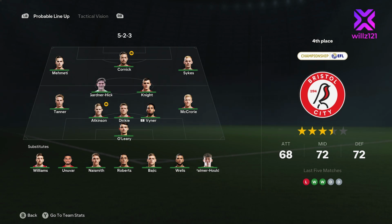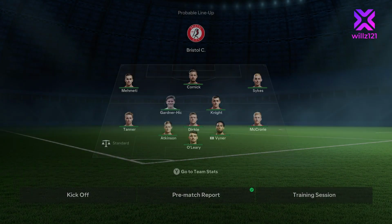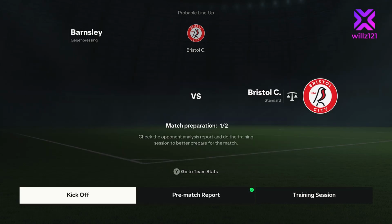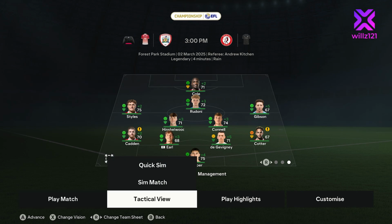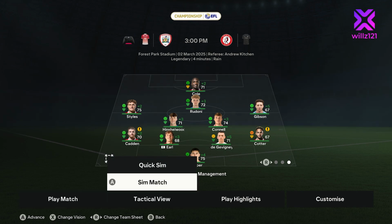Gardner Hickman ran the show last time, and Harry Cornick up front is a player that is very decent at this level. Rob Dickey at the back. Max O'Leary is a superb keeper, so is Atkinson in defence. So we'll sim this one. We'll go with the team that we...